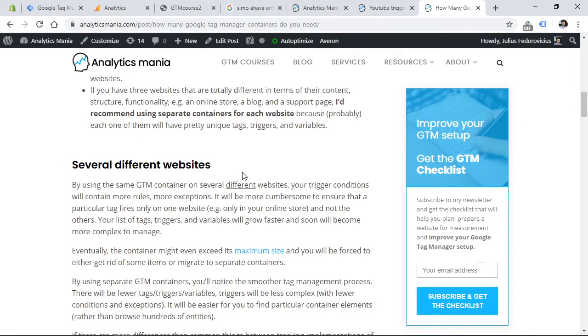Are they identical or not? For example, if a business has, let's say, 5 different domains, 5 different websites, and they are quite similar, but maybe just the language is the main difference, and the structure is the same, the content is quite the same, and you can switch from, let's say, German to English and so on, then it would make sense to have only one container, because you will be tracking the same interactions both on website A and